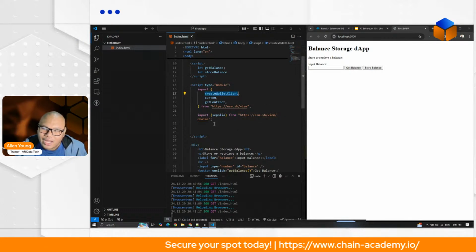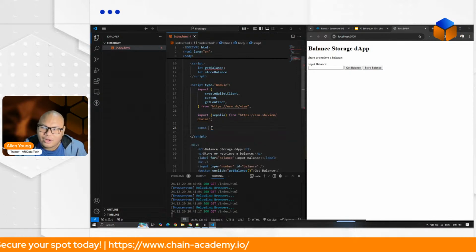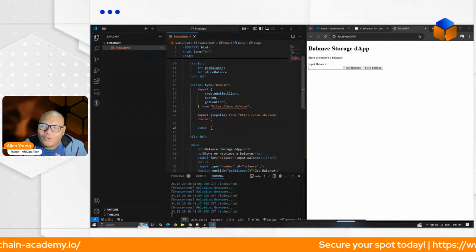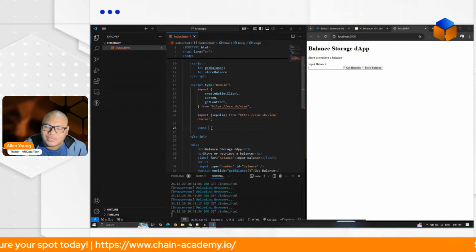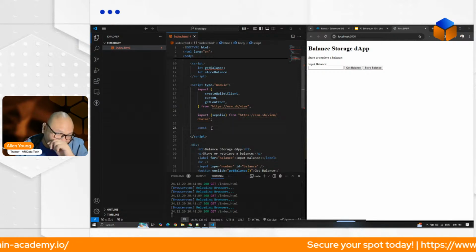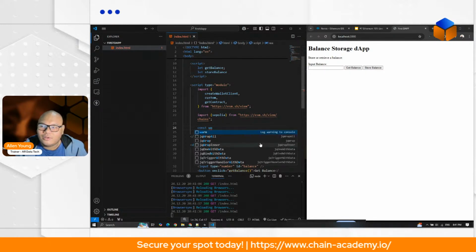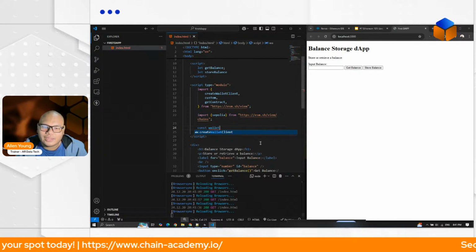So we need to create our wallet client. Okay. It's like a wallet client, okay, as I said earlier, from this module that we have imported, that will enable us to connect our user's wallet, which is MetaMask, to the Ethereum Sepolia. It's like a bridge for this front end. Okay? So const wallet client,